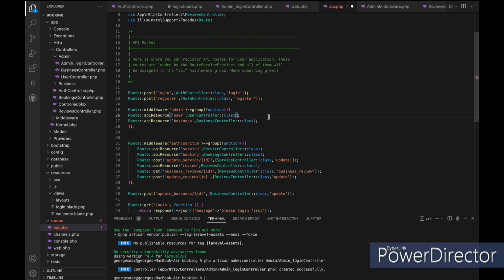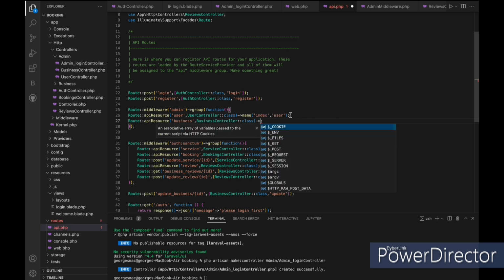Now let's go and register our routes in the API file. We will first give a name to the index functions of the business and user routes because we will need them later. Then we will add the routes of the admin login controller,